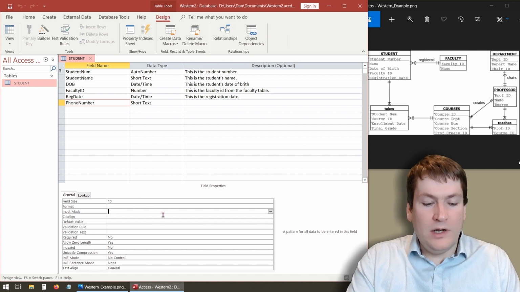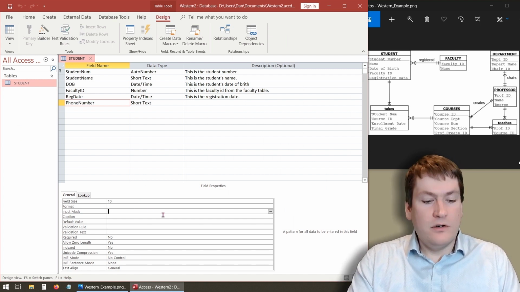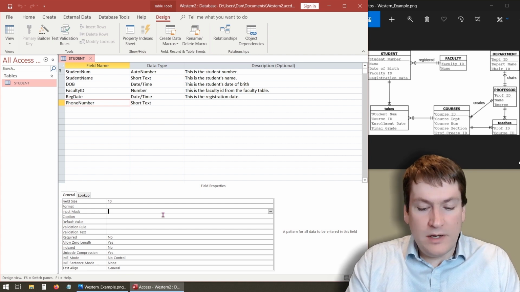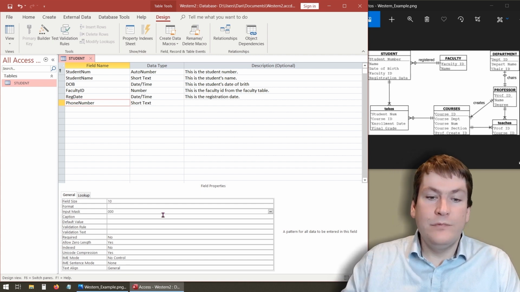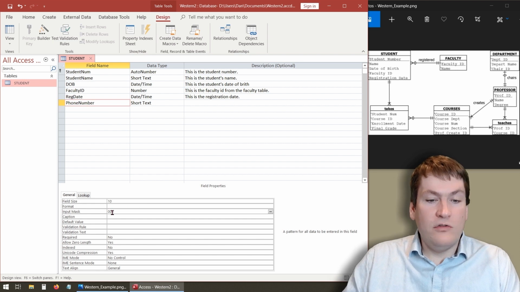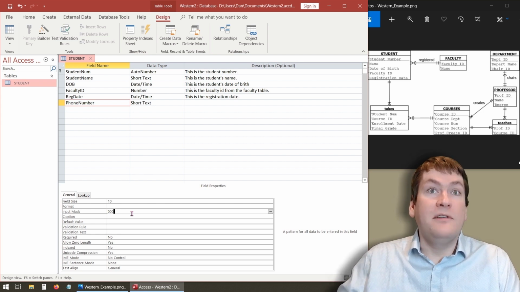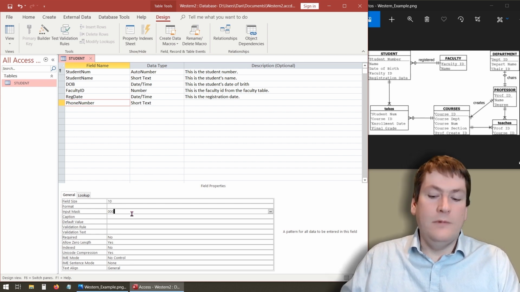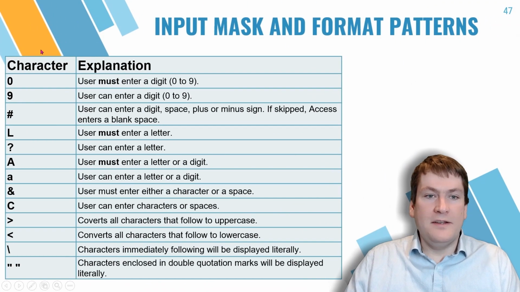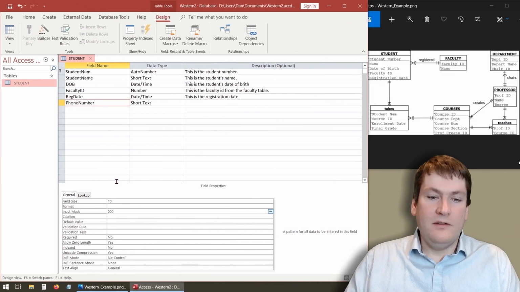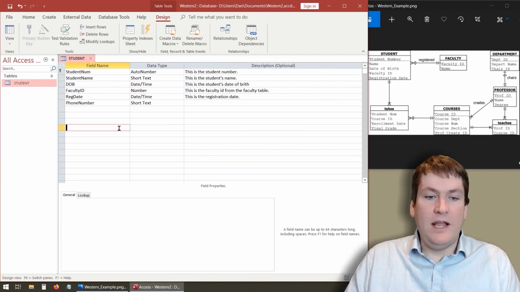For example, if we wanted to say that we could only enter 3 digits, we could say 0, 0, 0, and it says that we would have to enter 3 numbers. 0, 0, 0 would be those special patterns, so that represents not just zeros, but any digit. If we look at this again, you can see that 0 represents that they must enter a digit 0 to 9. So now our input mask says that you have to enter 3 numbers. It could be any number, but they have to enter them. So when we go back to Design View,